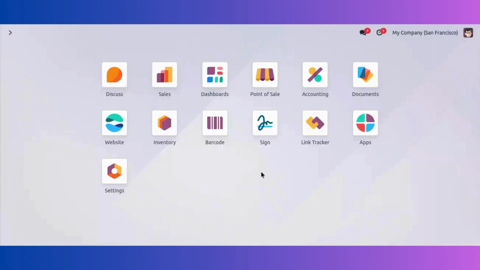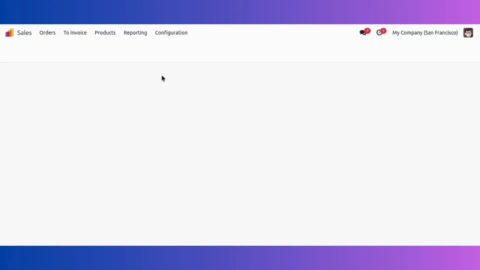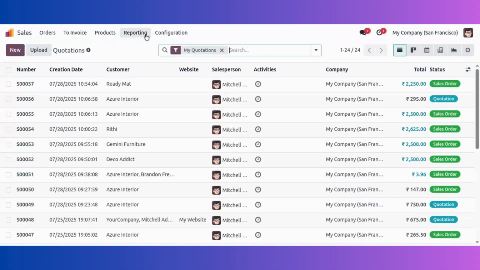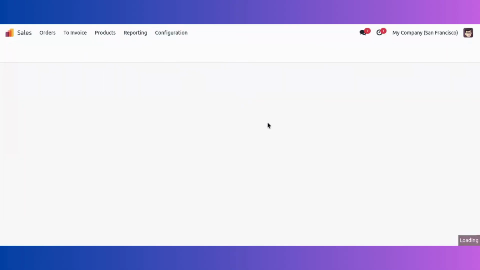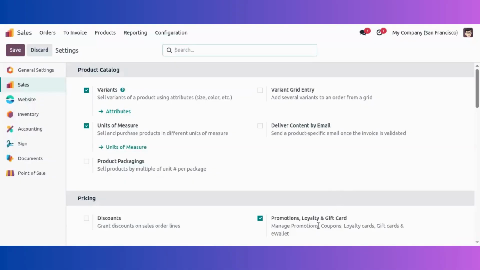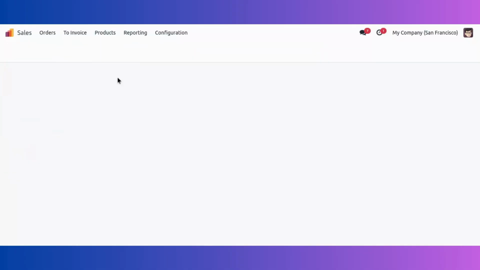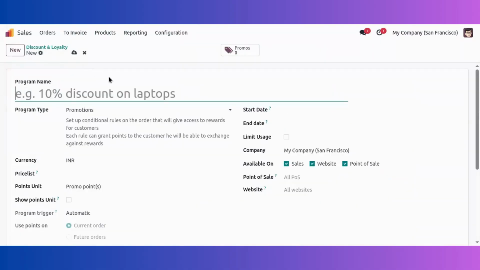In this video, we will be discussing how we can apply some loyalty points to a customer from sales, point of sale, and website. So, first, let's make sure that the promotions, loyalty, and discount gift card option is enabled. So, from that, we will be getting discount and loyalty. Let's create a new one